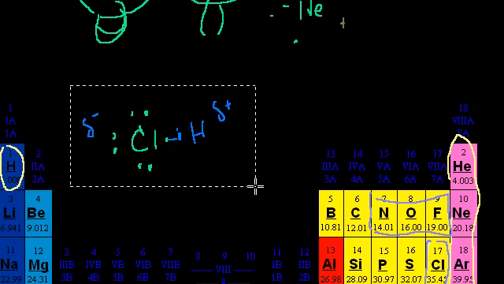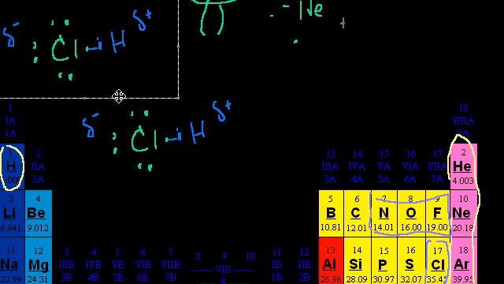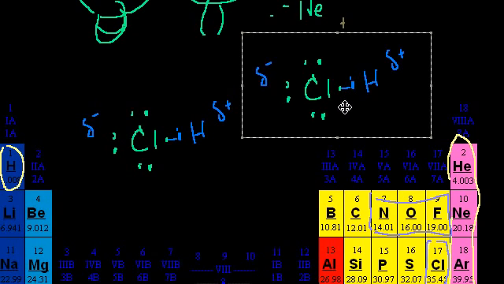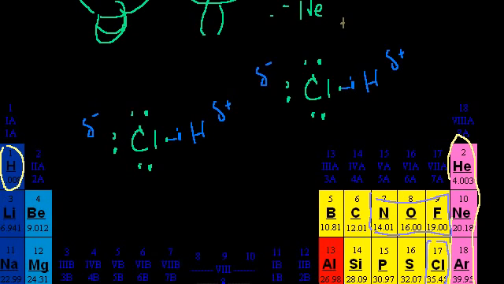If I have the other chlorine atom, let me copy and paste it right there, then you'll have this attraction between them. You'll have this attraction between these two chlorine atoms. Oh, sorry, between these two hydrogen chloride molecules. And the positive pole of this dipole is the hydrogen side, because the electrons have kind of left it, so it will be attracted to the chlorine side of the other molecules.